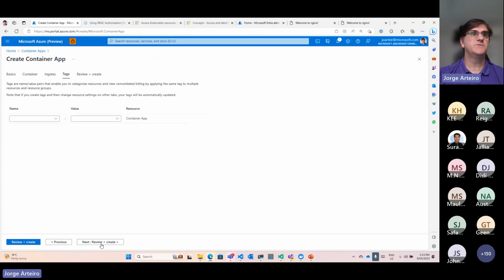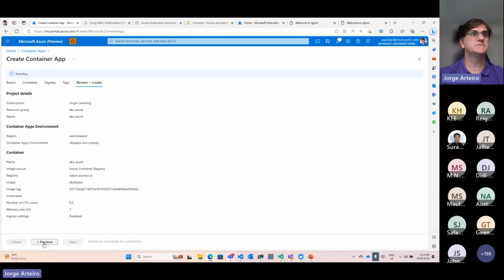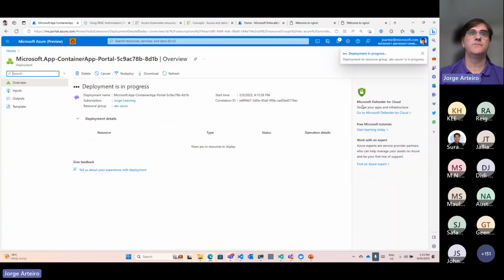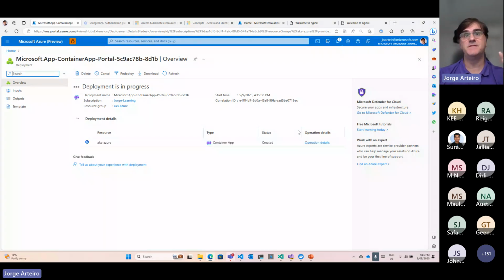I'm not going to set for this one, but just for you to test. Yeah, I could set access for externally or not. I just want to quickly show one deployment using a container image that I created before. Could be your application that you build and you save inside.